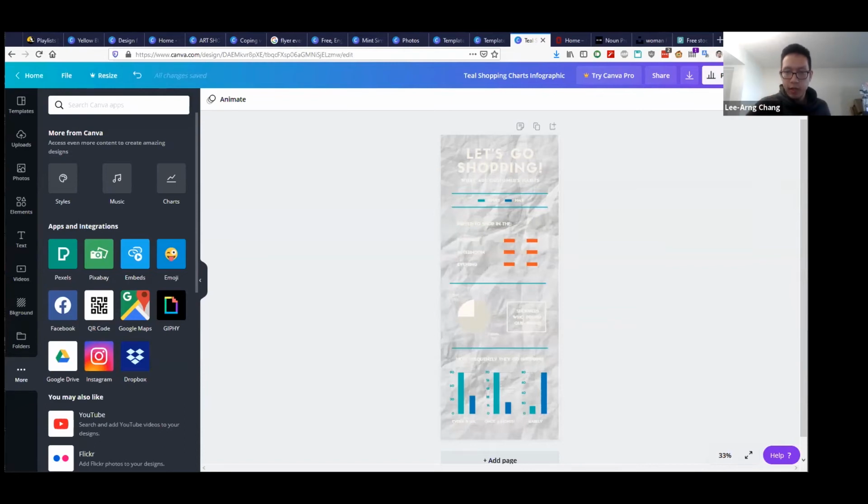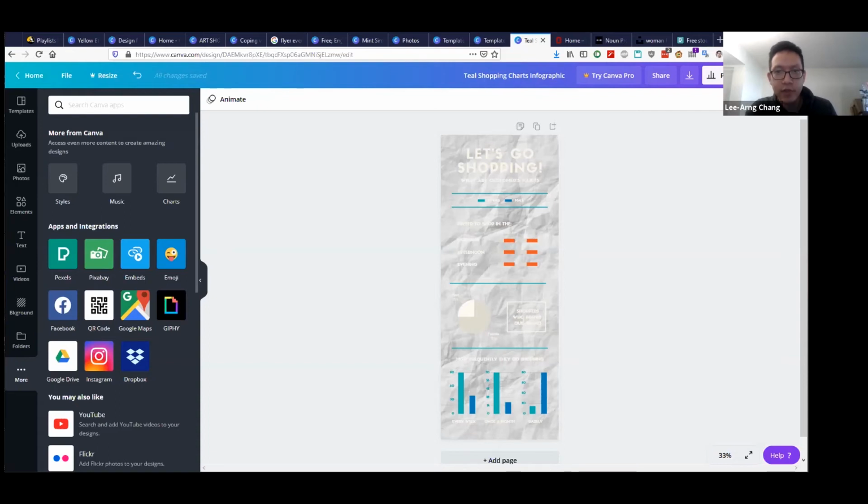Okay, so one question is, are the tools and the output accessible? So yeah, you just have to create an account. It can be a free account, and you can utilize some of the free photos, making sure you're not utilizing any of the watermarked, any of the paid photos or assets. You can definitely export it as a JPEG, PNG, or PDF and use it however you want.